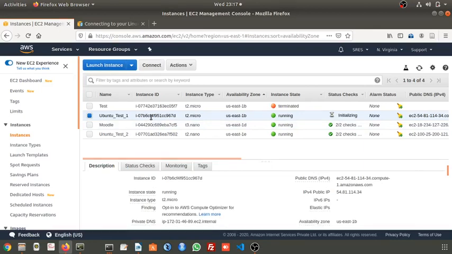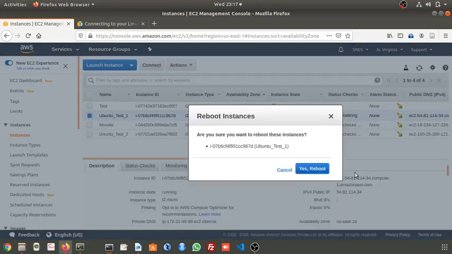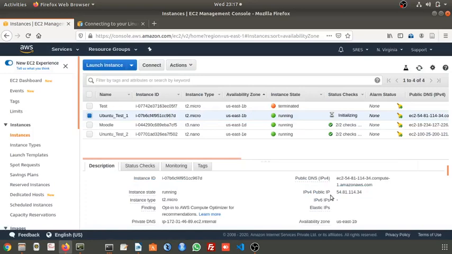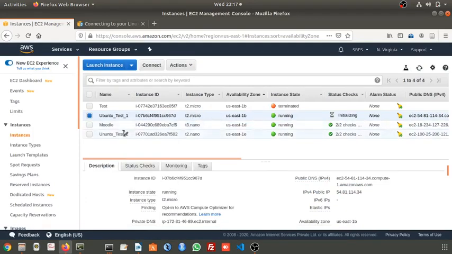Now what I will do, if I reboot, whether it is going to be changed or not, let us see. Okay, not changed. Running. But the IP is 54.81.114.34.